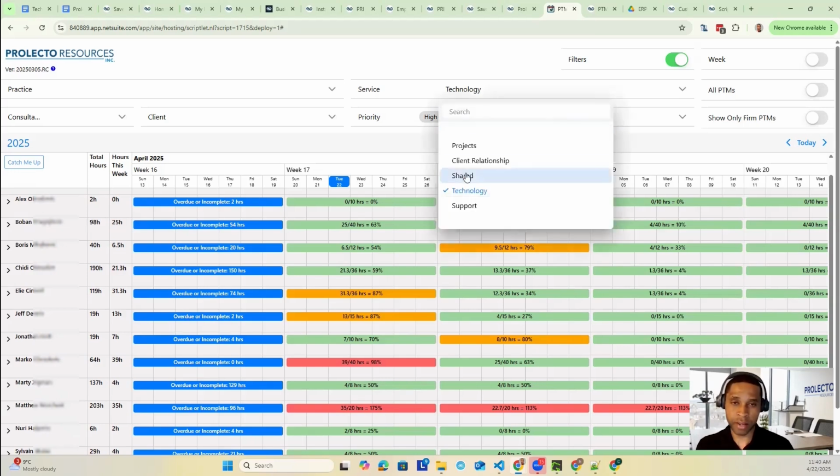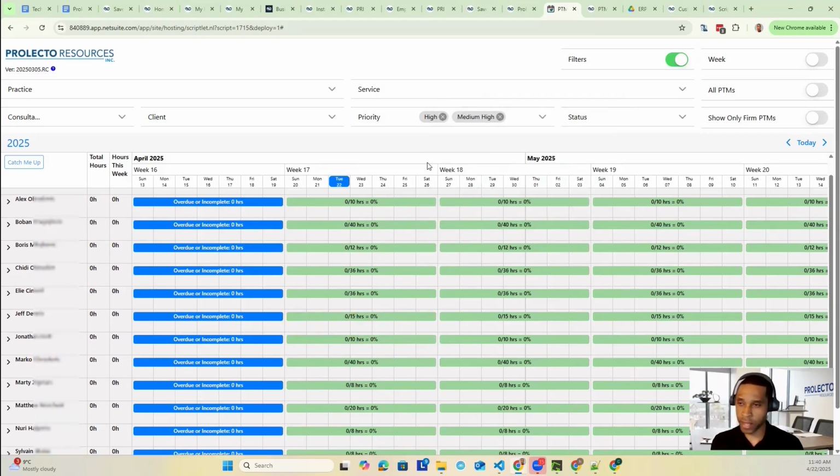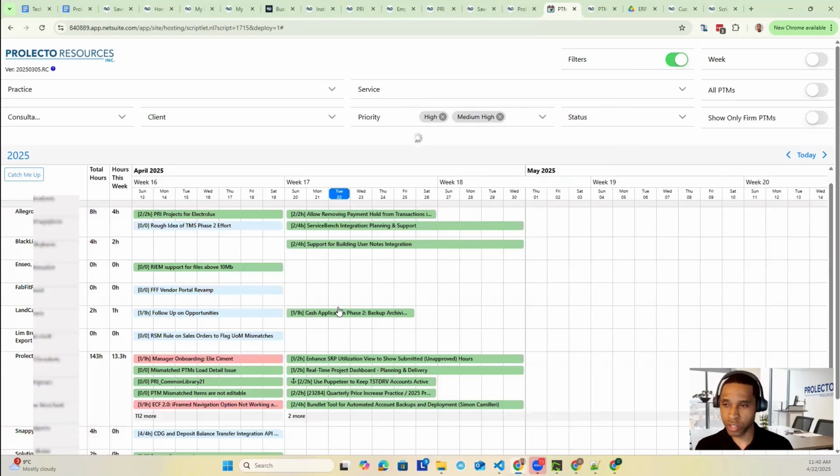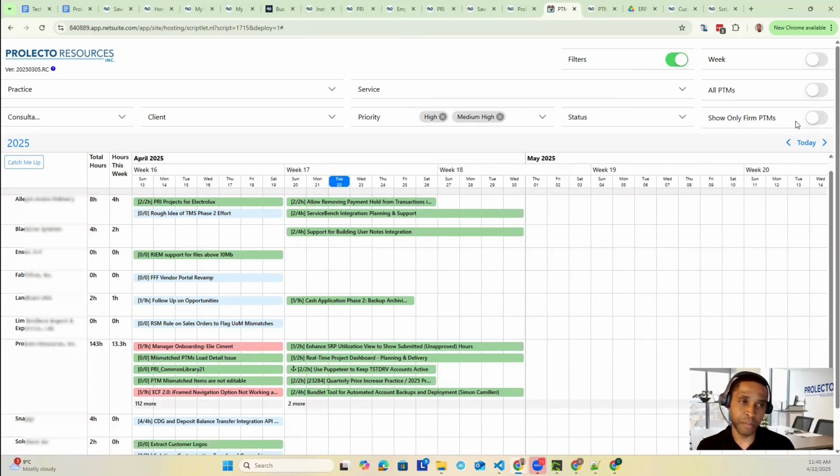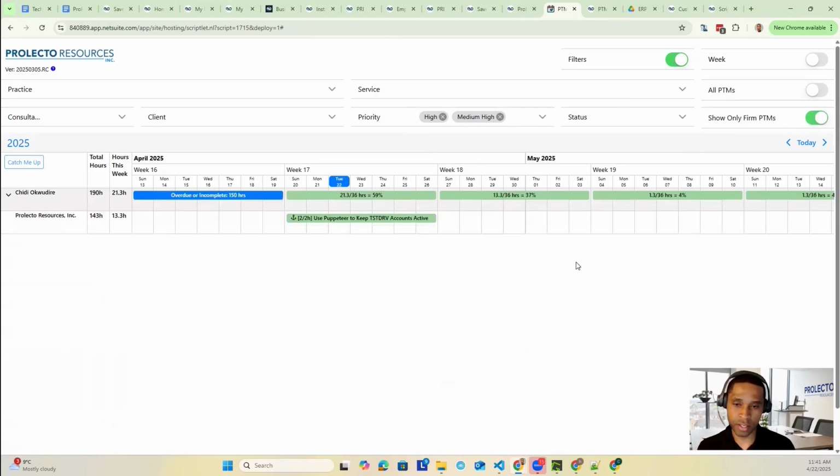All right, let me just switch back to myself, because I actually do have a PTM here for which I did mention this notion of firm PTM. So if I toggle this box now, you're going to see something else happen. Notice that this PTM has an anchor here, and this helps me know that